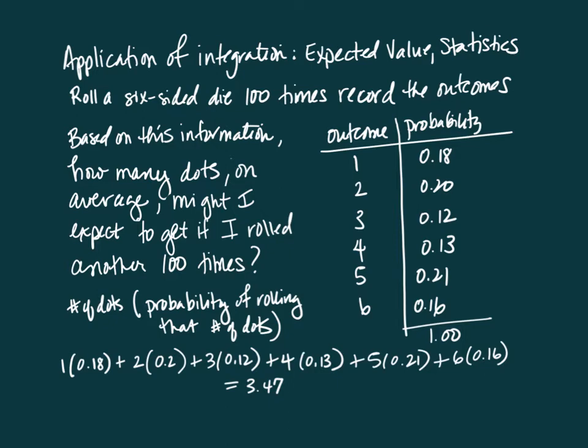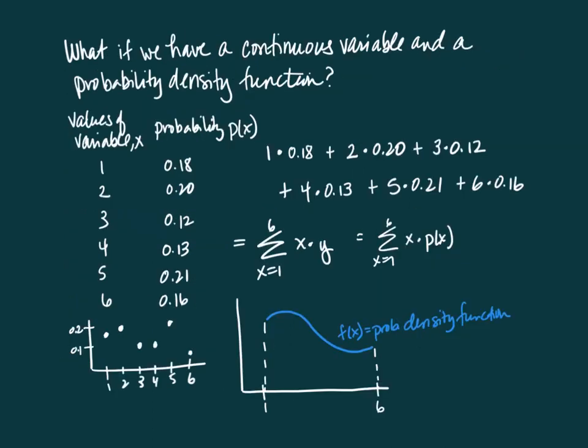Again, I can't get 3.5, and this is for a discrete variable, but what if we want a continuous variable? Things like heights, times, volumes, distances. So let me roll back and review how I did this. I took the value of the variable, all the possible different values it may take on, a 1, a 2, a 3, a 4, a 5, or a 6. And then I multiplied each of those by their respective probabilities.